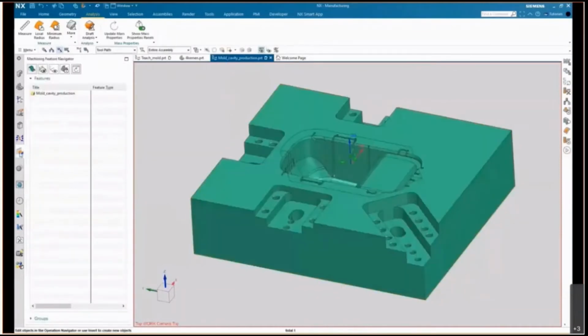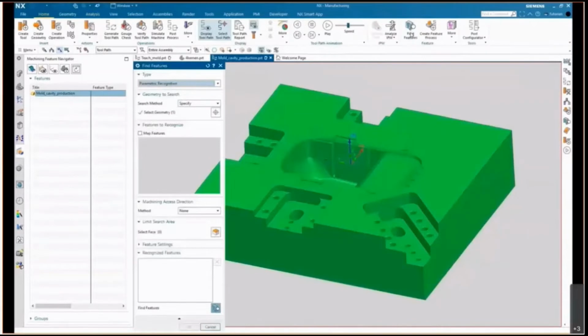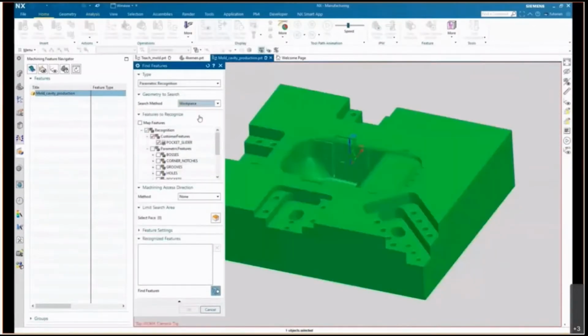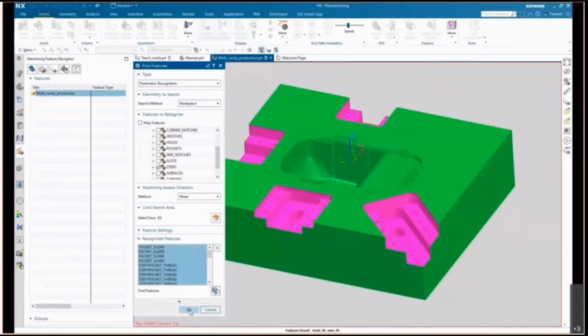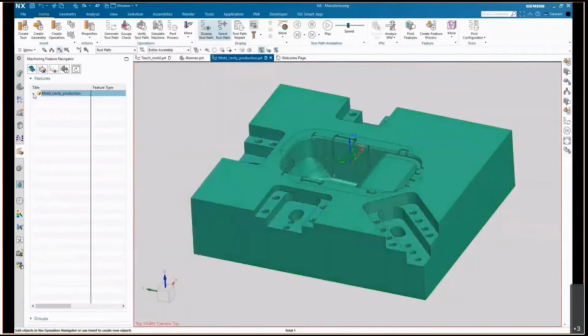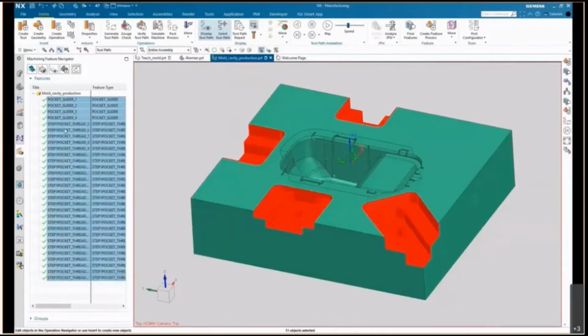The first step I'm going to do is search for geometry which NX recognizes. In this case, pocket slider, that's created as a custom feature to recognize, and I'm going to check the steps here. Those are just the holes, blind or through holes, with thread, no threads. That's all the same. The holes are recognized, that's out of the box. The sliders which I'm selecting now, that's the custom stuff. Next step will be to select it all, and I can create a feature process for this.